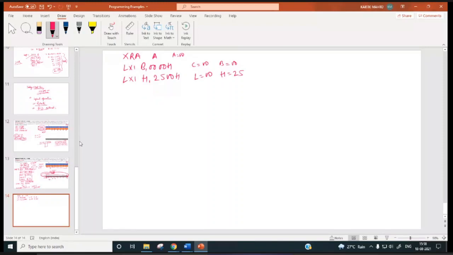I am doing LXI D, 0808H. D E equal to 08, D is also 08. Now I am writing LDA 2401H.